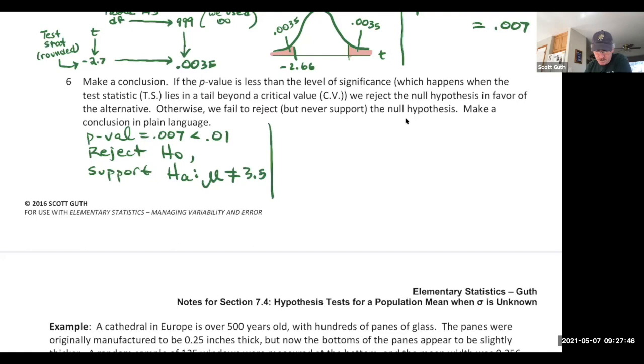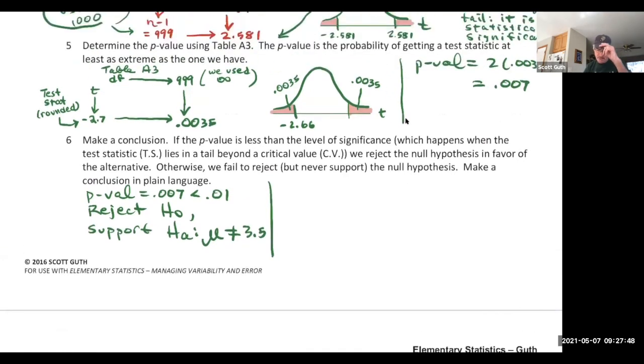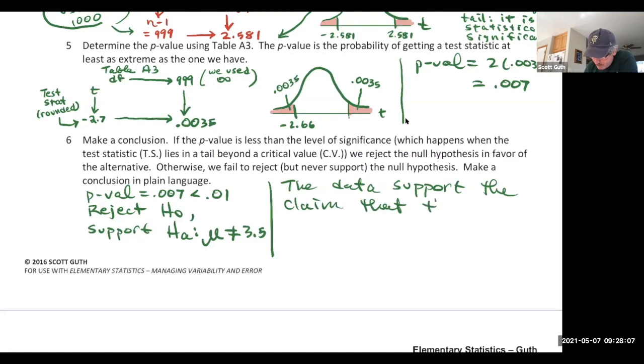So what we had was pretty significant, and that means we're probably being cheated by the casino. So the data support the claim